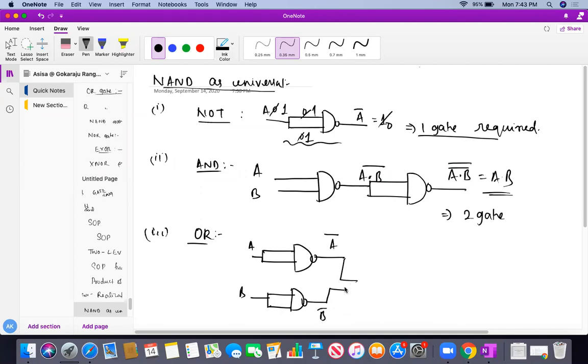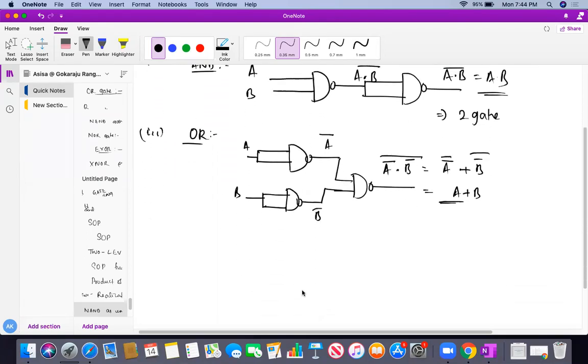Then I'll give both the outputs, A bar and B bar, to another NAND gate, which gives (A bar and B bar) whole bar. Obviously it will be (A bar) bar or (B bar) bar using De Morgan's law, so it will be A or B. For the OR gate, how many NAND gates do we require? Mainly three NAND gates are required. Three gates required. Very important.